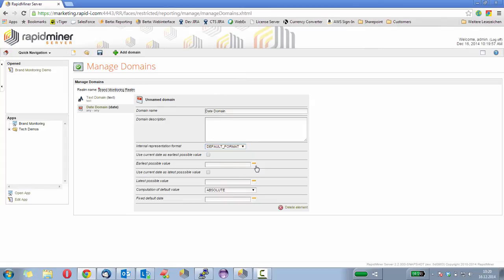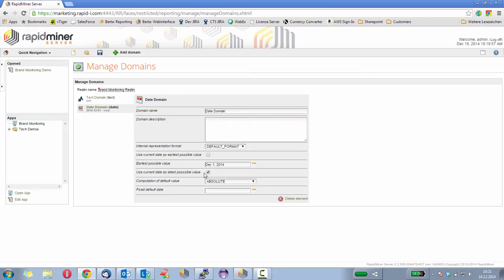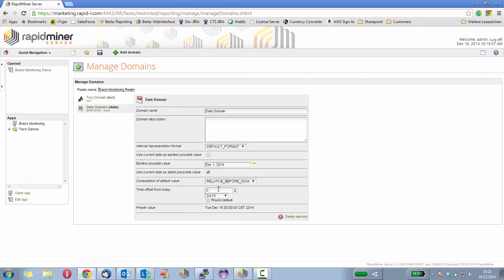So I can select that I just want to start December the 1st, and the latest possible value is always today, because we can't have, well, Twitter tweets from the future, right? So okay, the default value is just today. Okay, I will save that domain now